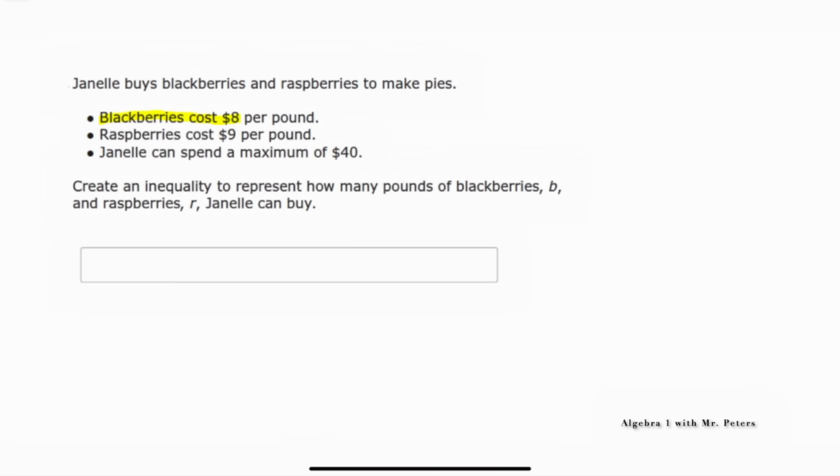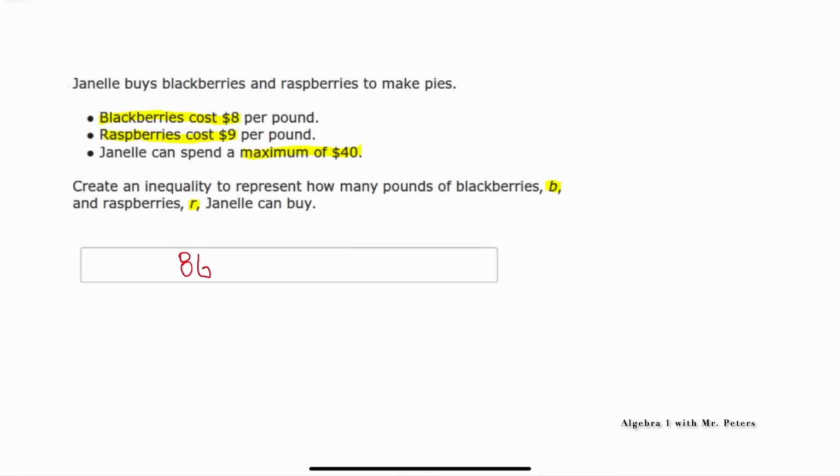Blackberries cost $8 per pound. Raspberries cost $9. We can only spend a maximum of $40. And they tell us that blackberries will be represented by the variable B and raspberries by the variable R. So when we create this equation or inequality, because it said a maximum, we're going to have